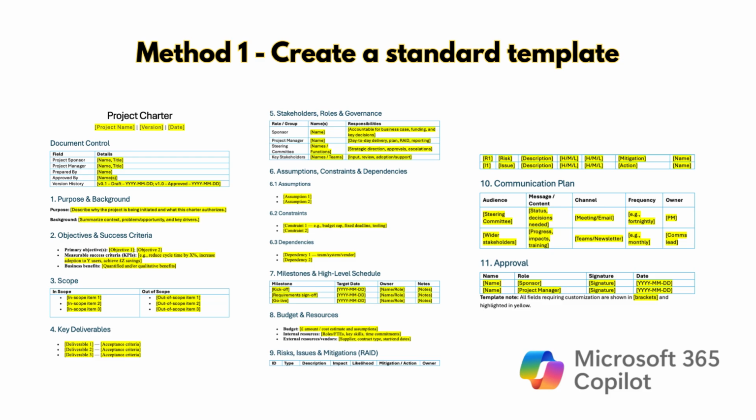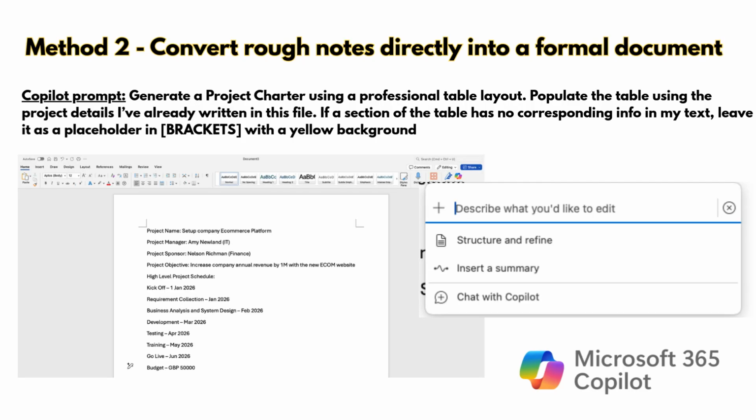In Method 2, I tried to make Copilot do the actual writing for me using my own notes, and that's where things started to break. Let's look at why. For Method 2, I wanted to see if Copilot could handle some actual context. I typed out my key project details, project name, schedule, and budget right here in the document. The plan was simple. Ask Copilot to build the charter template and pre-fill it with my data at the same time. I hit enter, waited for the magic to happen, and